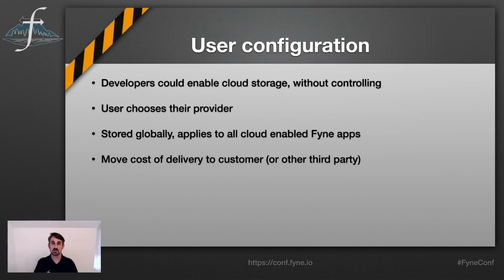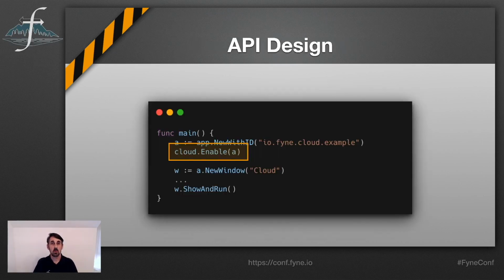because they don't have to build the infrastructure, to the user who may choose to sign up with a new provider, or they might have one already set up on their computer or an account on a provider that they're going to choose to use. And also, this is really minimal effort to activate. In fact, instead of needing to build any functionality, any infrastructure, or even any wrappers, you simply add one line of code into your application, cloud.enable, passing the app object. And this is going to set up all of the information that the application is going to need to utilize